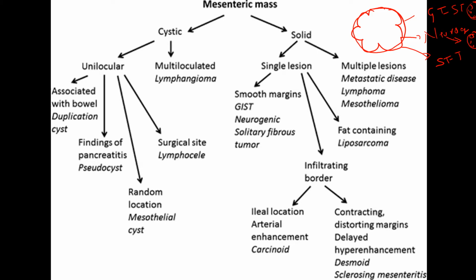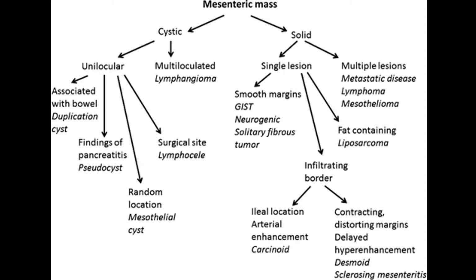GIST will have bright cystic areas, but the entire tumor itself will not be bright in GIST. Whereas solitary fibrous tumor is also heterogeneous, but it will have delayed enhancement and it will have a non-enhancing fibrous component as well. So if I get a well-defined tumor, you think of GIST, you think of a neurogenic tumor, you think of